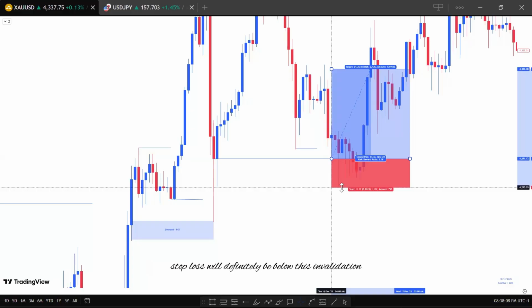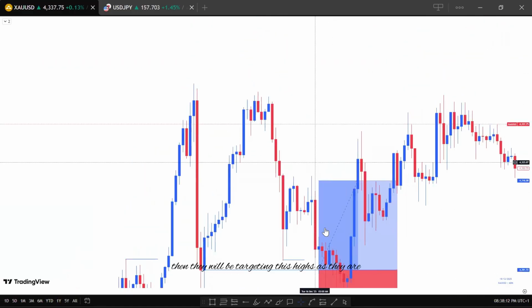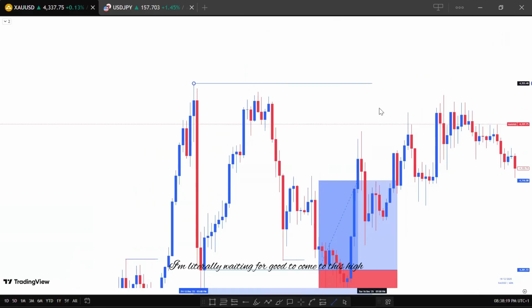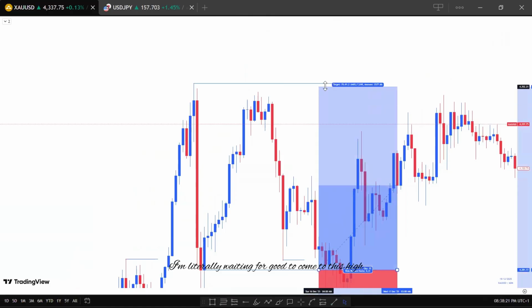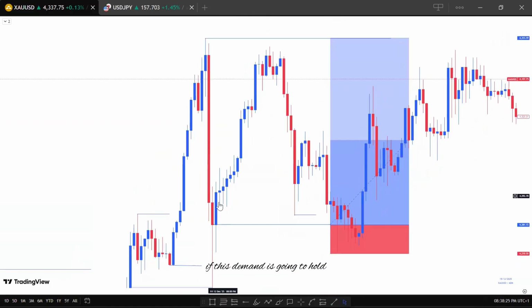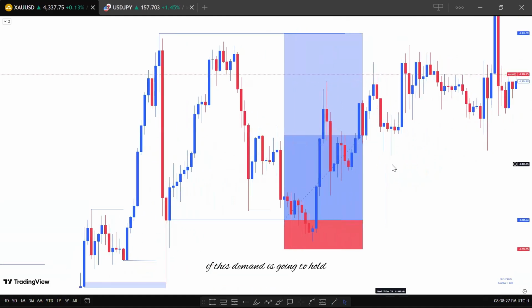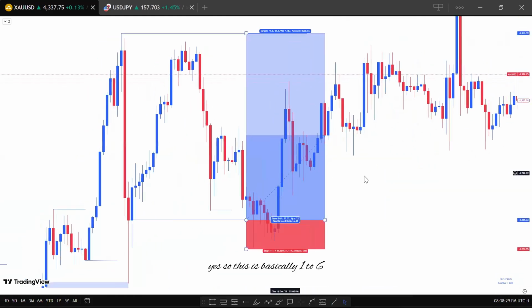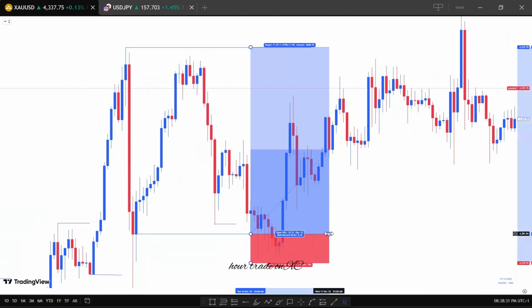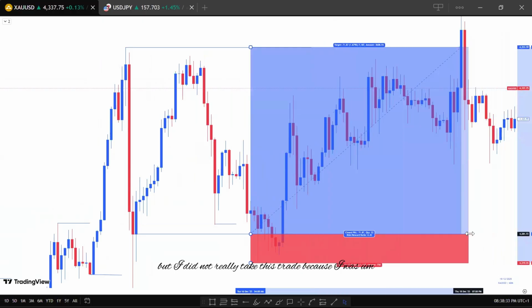So their stop loss will definitely be below this invalidation zone here. Then they'll be targeting these highs as their take profit, because I was literally waiting for gold to come to these highs, because this high is probably the next buy side liquidity if this demand is going to hold. Yes, so this is basically a 1:6 RR trade on XAU,